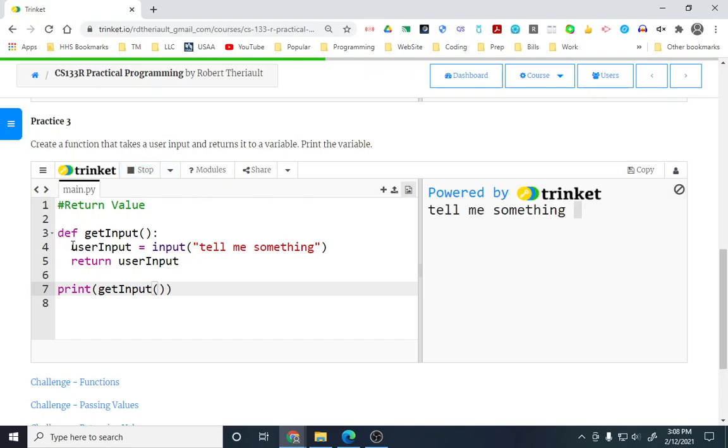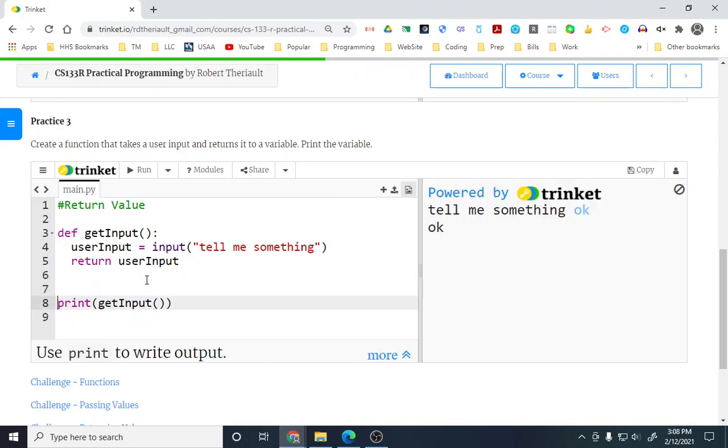Tell me something. So again, we are right here because we ran this. We're right here. Jump back up. Ran this. Tell me something. Okay. When I click enter, it'll return okay, and this will become okay, so it'll print okay. And I hit enter in the wrong spot. So there's okay. Again, what the directions said to do was